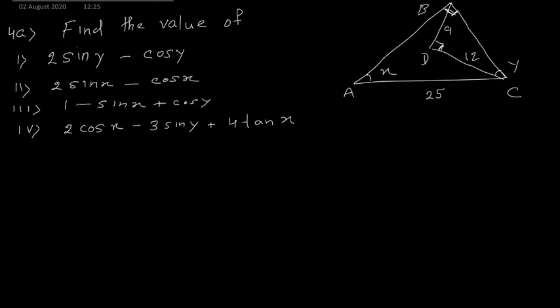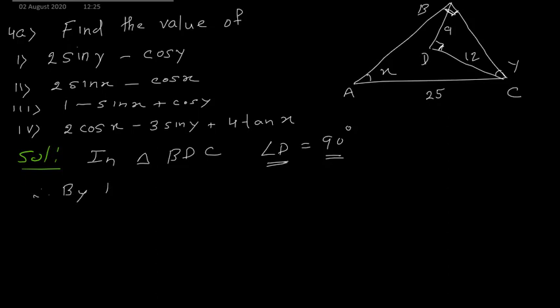So here in solution I will say, in triangle BDC angle D is 90 degree. Now always you have to identify which is your right angle and then you can apply Pythagoras theorem. So in triangle BDC angle D is 90 degree. So therefore we will say that by Pythagoras theorem